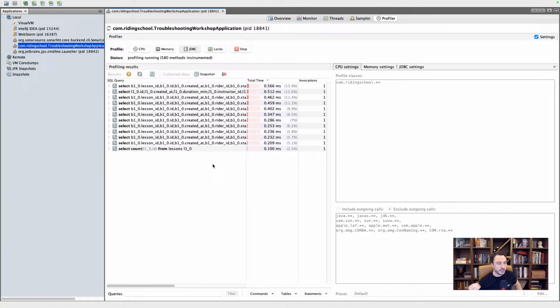What does that mean? Keep this in mind. When you click on a button, call a feature, call an endpoint, and then in your profiler you see a lot of queries, particularly looking similar to one another, this is 99% an n+1 query problem. What is an n+1 query problem? It's a problem where